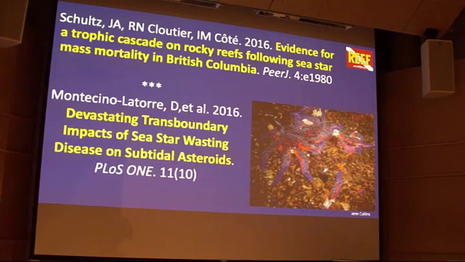So looking at the top paper, Schultz, they looked at what's happening with some of the other species, because in addition to sea stars, we also monitor several of the sea urchins. And so looking at which sea stars that weren't dying off might have gone up because of the die-off species, and then also what's happening with sea urchins. That's something, of course, we could never have predicted, but having those data as a baseline then allowed them to look at the effects of the wasting disease.